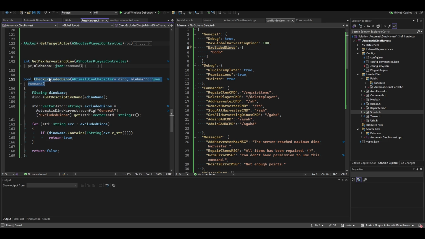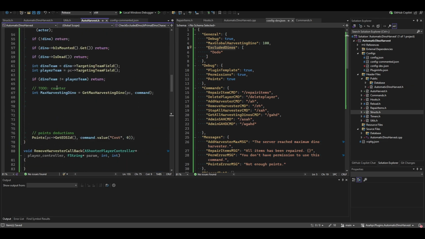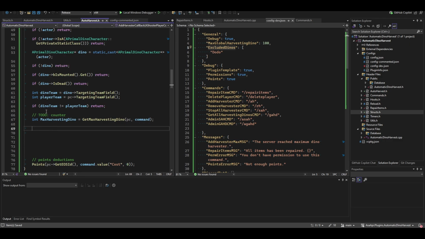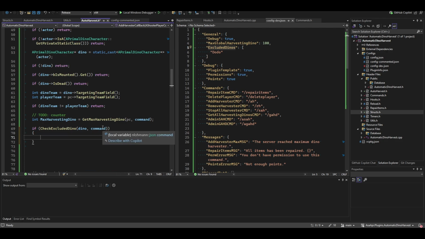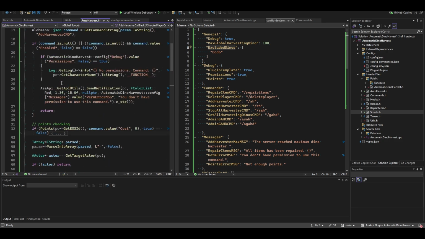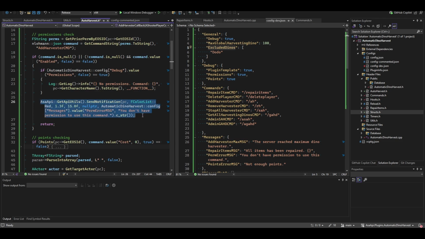So we're gonna send it right here. If that, if it's true, right? What we need is to send the dino person and the command. If this is true, of course, we return it, but we need to copy paste some